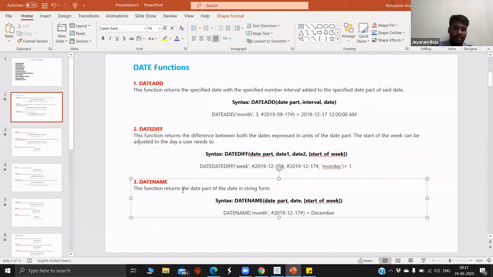The third function is DATENAME. This function returns the date part of the date in string form. If you want the outcome in string format, then we can use DATENAME. It also tells whether the month or year, whichever we want.